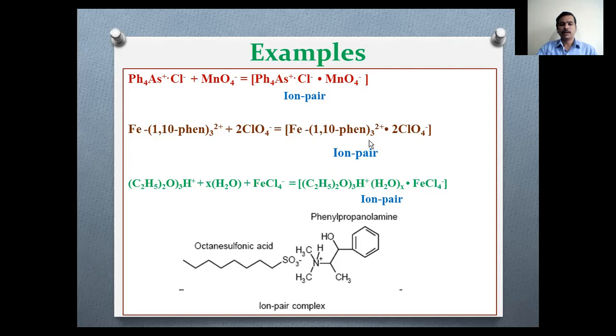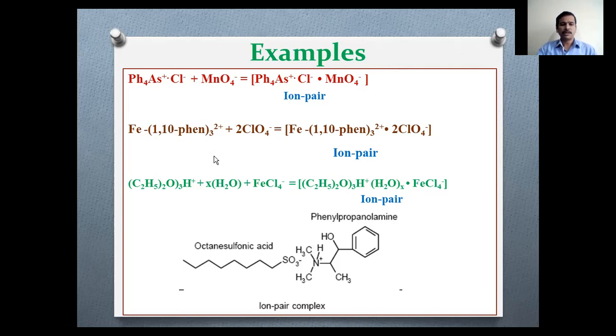So this can be extracted into any organic solvent, and that organic solvent will be colored. You can measure the intensity of that organic phase in order to determine the concentration of iron present there. So this is a chelated system. For the chelated system, the charge neutralization has been made by using perchlorate as a reagent. Here, iron is going to be the analyte. Suppose we are interested in determining the concentration of iron, we use perchlorate as a reagent by converting iron to its 1,10-phenanthroline complex. Very simple.